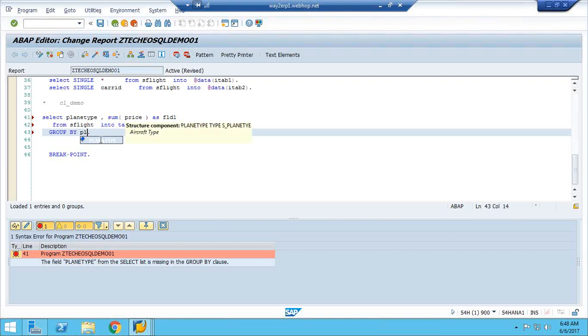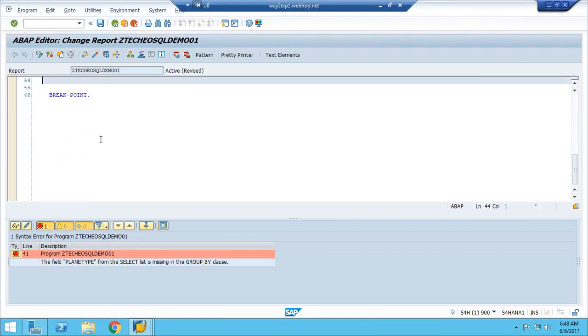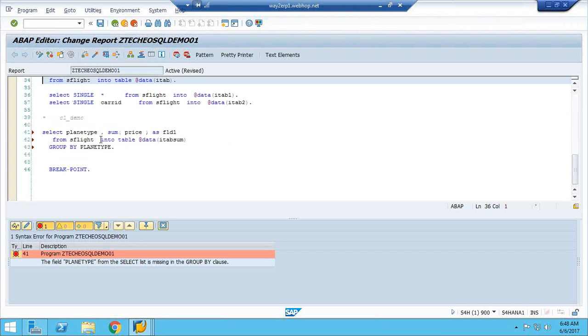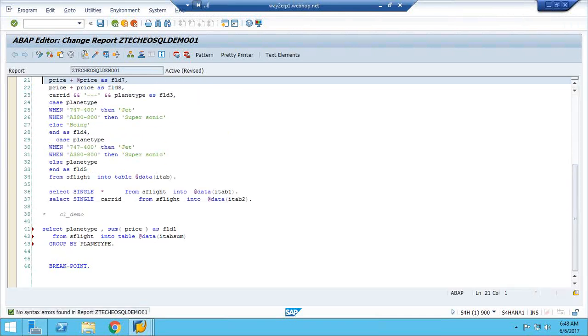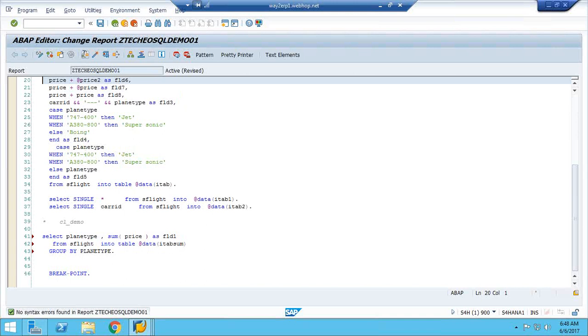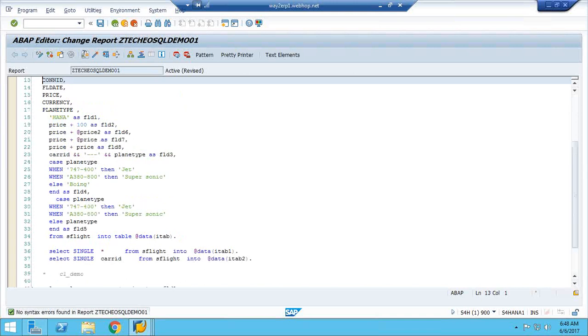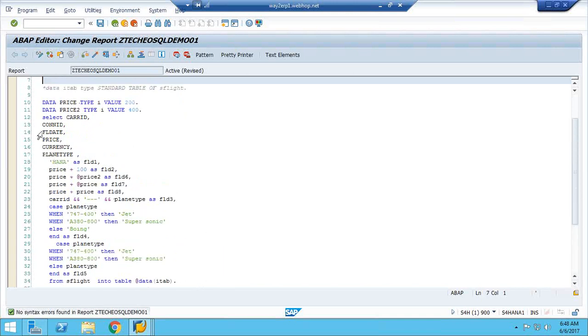Suppose I am mentioning one more field, like flight date.